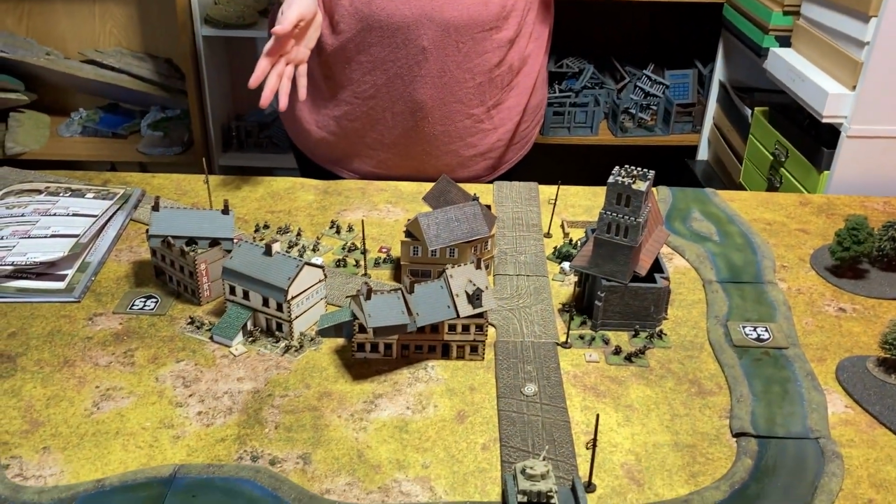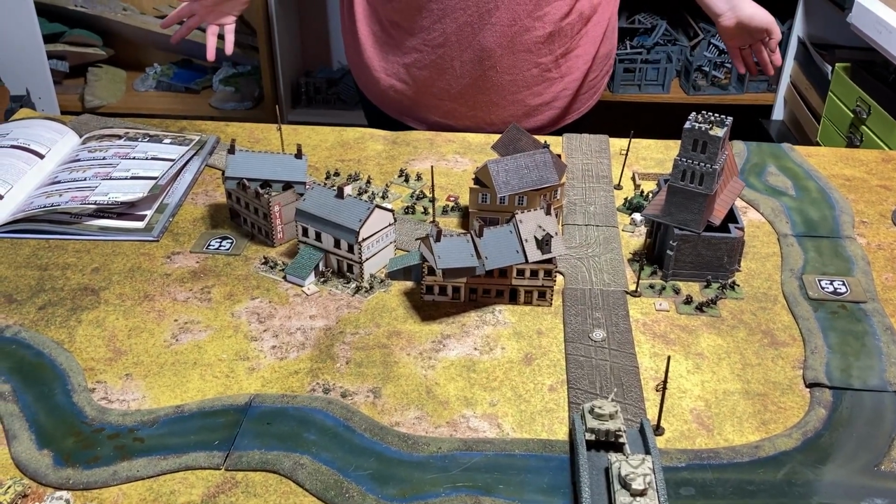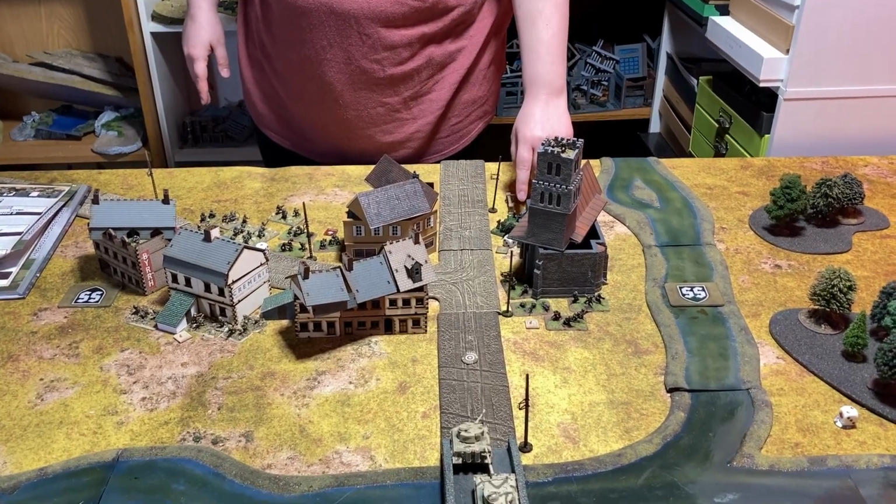Okay, so the withdrawing of my forces does not start until turn 2. So everything's just going to stay where it is, happy and snug in its foxholes. So no movement this turn for me. And I think the only thing that can maybe make a dent on your tanks, just maybe, is the howitzer